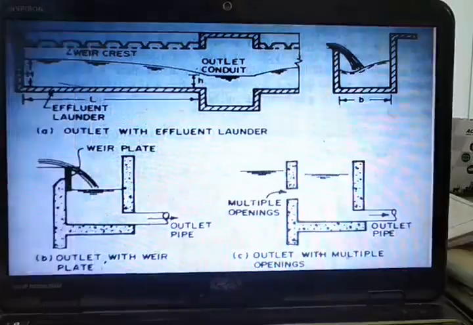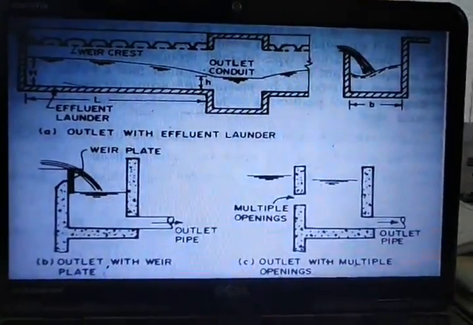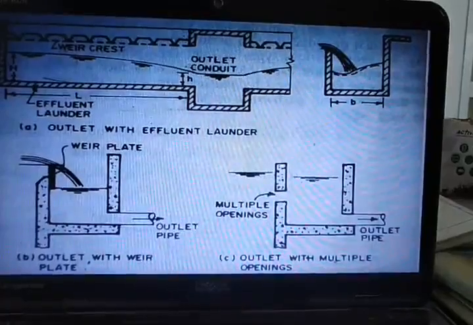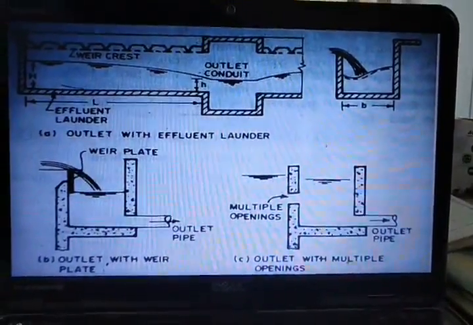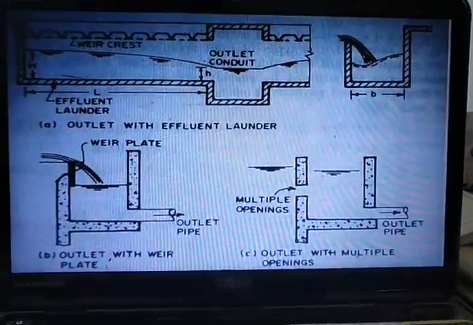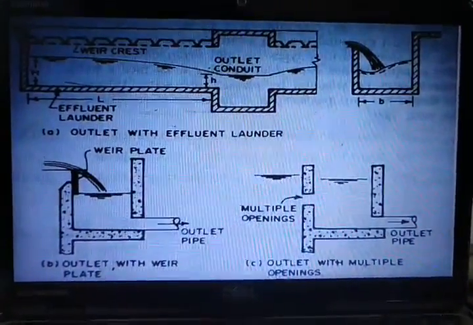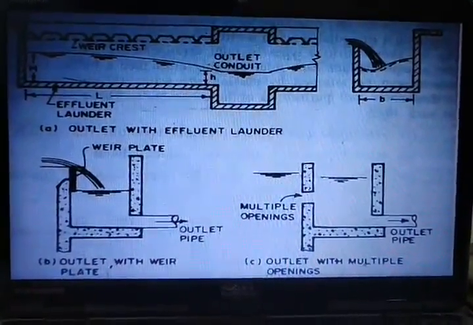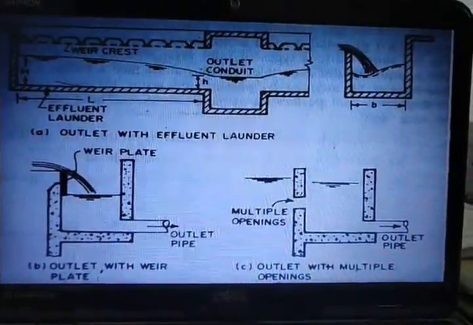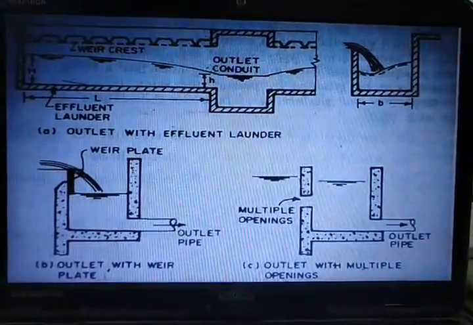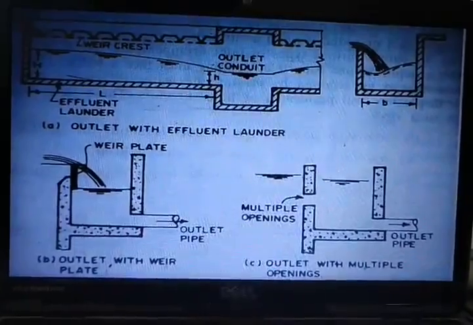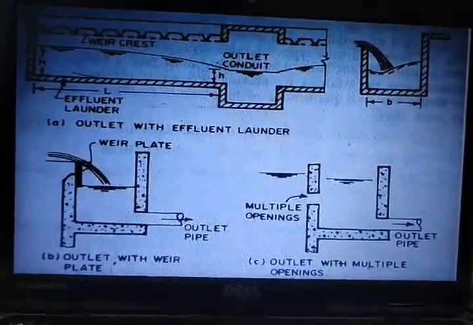Okay, so now let us see the outlet arrangements. Similar to the inlet arrangements, we can also have outlet arrangements for taking up the clarified water in a sedimentation tank. So please note that in the sedimentation process we often use the terms clarified water, clarifier, or sedimentation. Basically, clarifier or clarification means separation in a common sense. Separation means separation of the solids from the liquid with respect to the sedimentation tank.